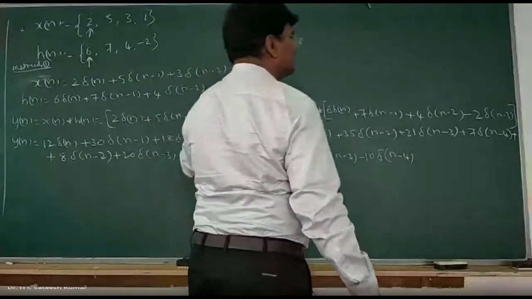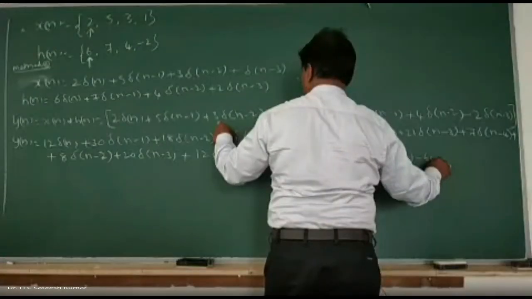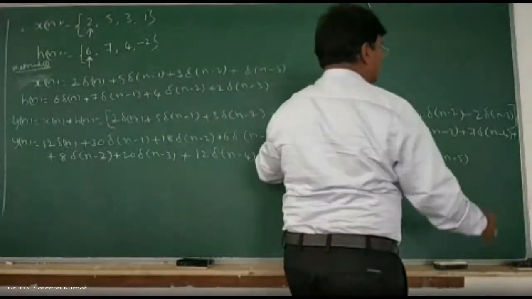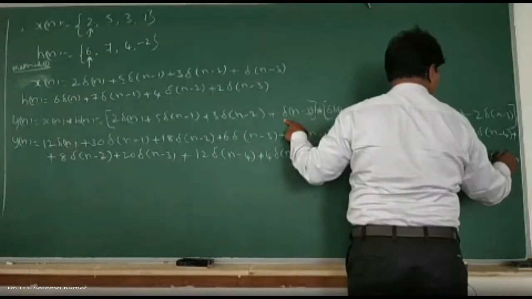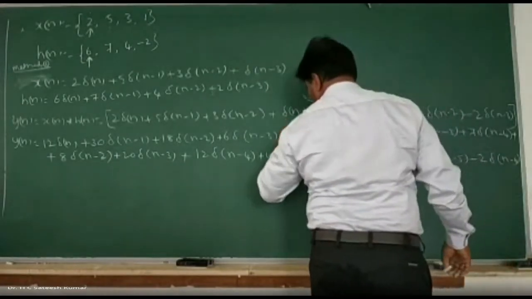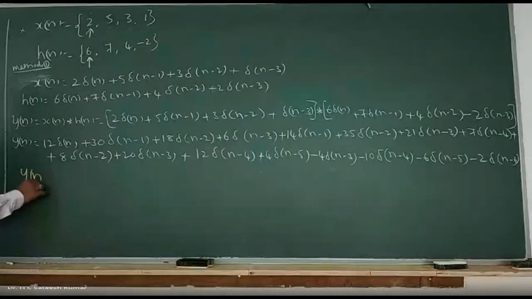Next, minus 2 into 3, minus 6 delta of n minus 5, minus 2 delta of n minus 6. That's how we should do it. Okay, right. So what is y of n? Y of n is equal to